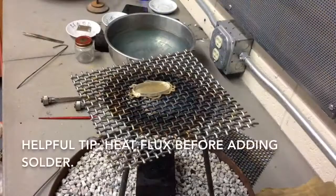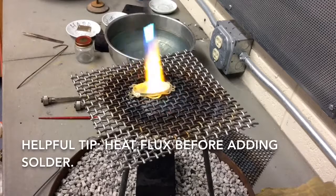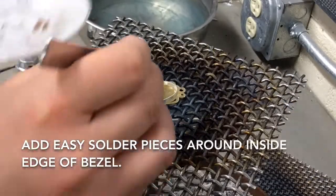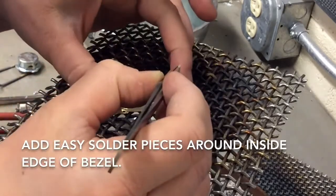And a helpful tip here is to heat the flux till it turns white before adding the pieces of solder. If you don't, and you have the flux still wet, and then you add the solder and heat it, the flux will bubble and the solder might jump, and then you'll have to replace the solder. So if you heat the flux first, just till it starts to turn white, so it's not in liquid form anymore,